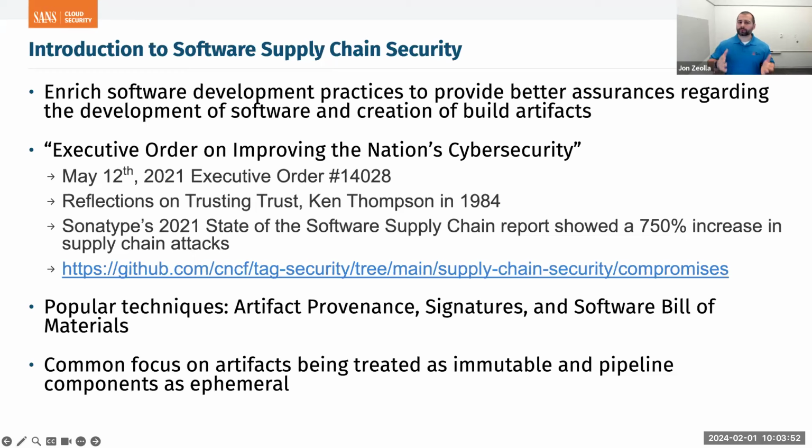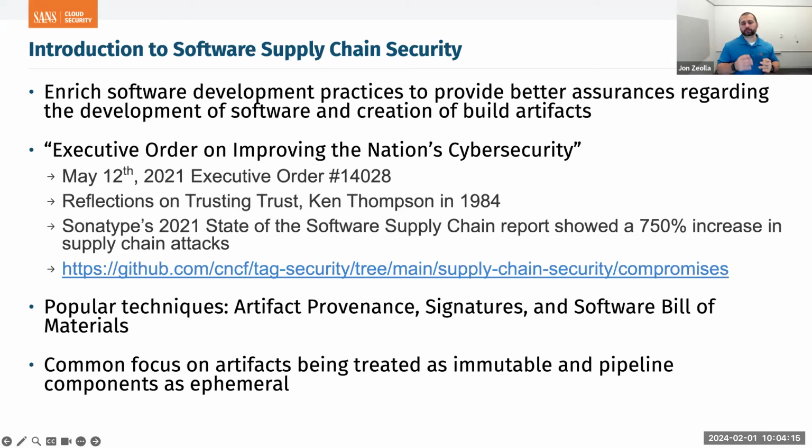And so this has become a really popular topic over the past few years. If anybody's heard of the SolarWinds compromise, that kicked off a lot of response activity, including from the US White House. So in May of 2021, there was this executive order on improving the nation's cybersecurity, EO 14028.